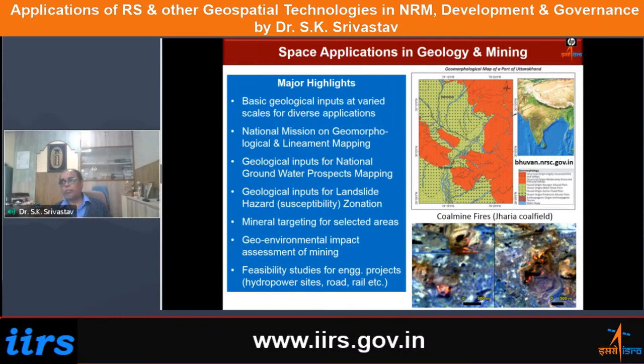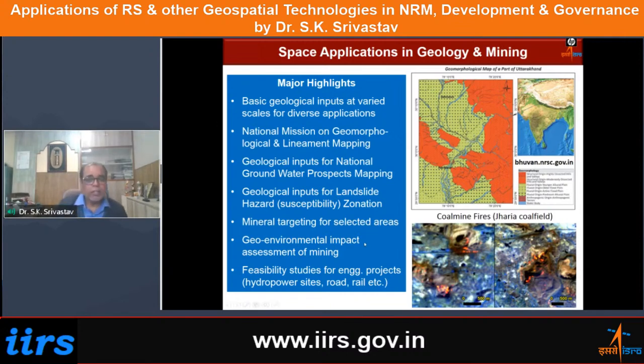integrate this information along with the well information, the wells which have already been drilled. What kind of wells have been drilled, what is the yield coming out of that well, at what depths the aquifers exist, and so on. So it is basically an integration of ground-based as well as satellite-based information, and then the groundwater inferences are made. And that is put up in the groundwater prospects map. And as I told you earlier, these maps are available in the Bhuvan Bhujal portal.